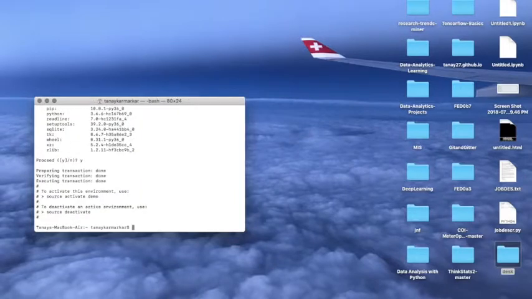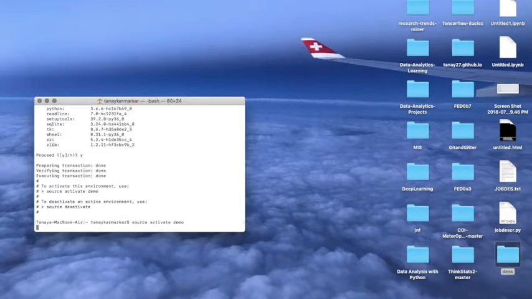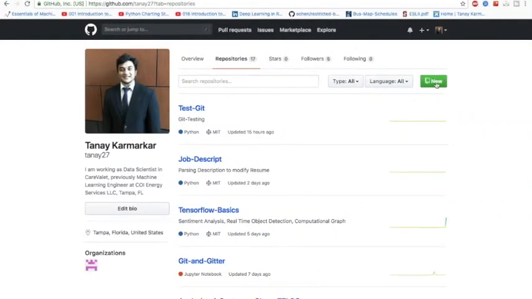So we are back, and the environment has been created. So we'll activate that environment. Activate, and then our environment was called demo. Then I have activated the demo. You can see here. For this part, I'll create one new repository